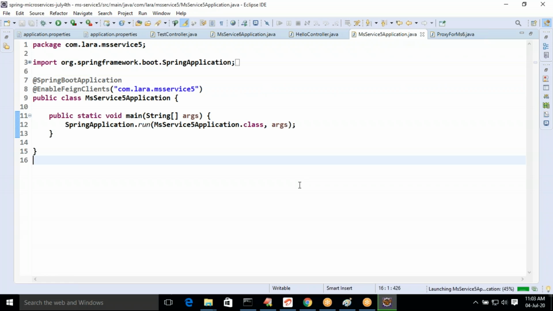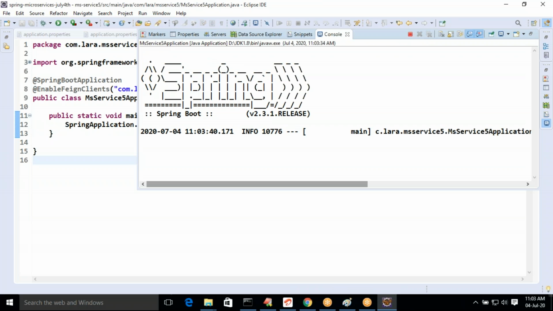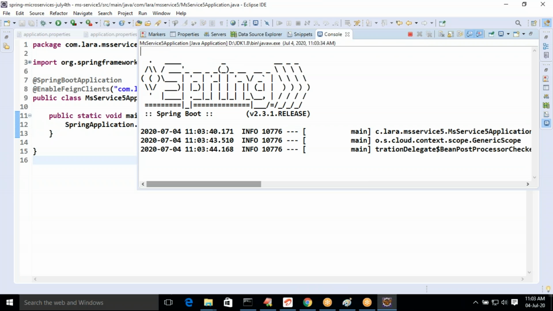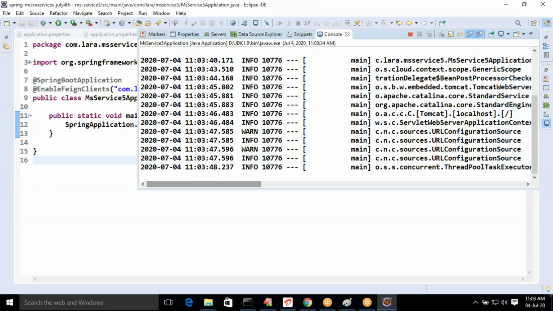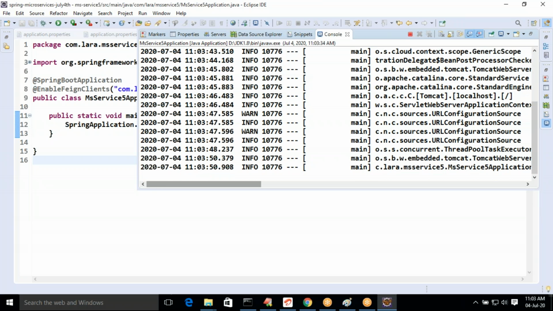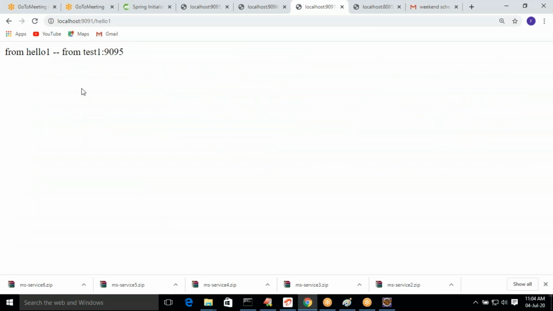Control F11. Yes. Now open a browser, give a call to API from MS Service 5.